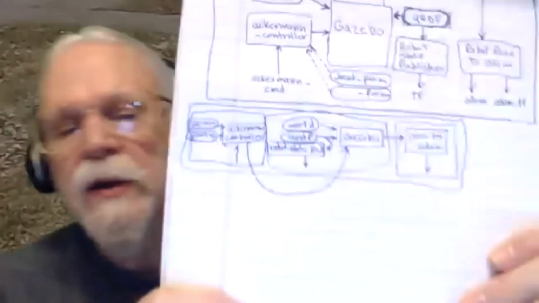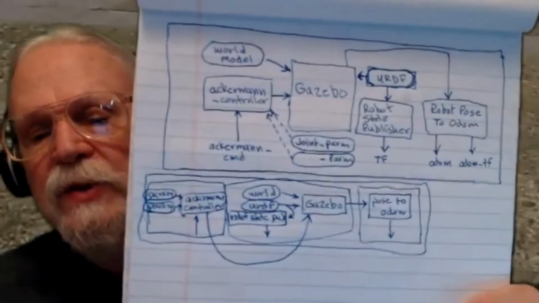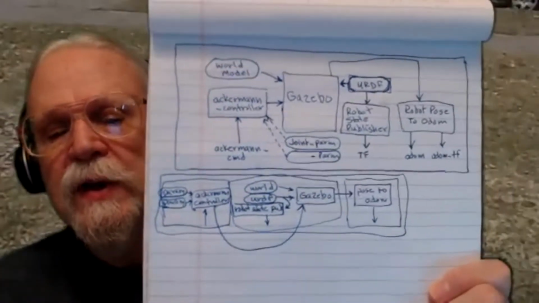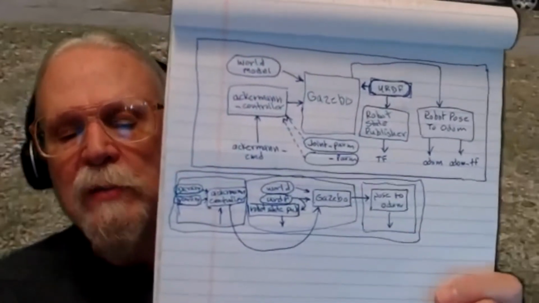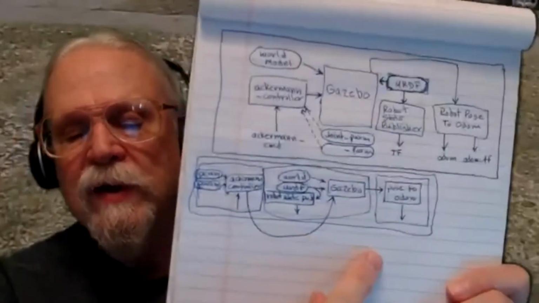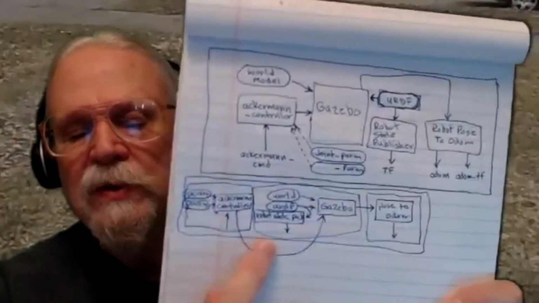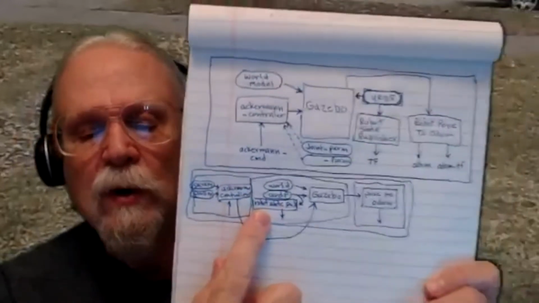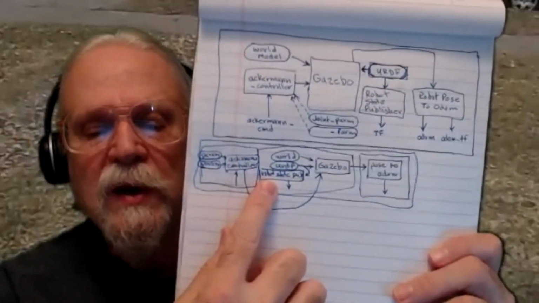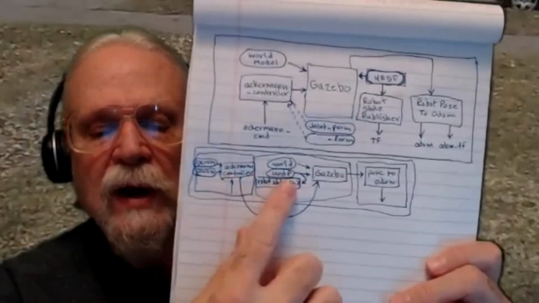Last week I was talking about diagrams, and I didn't actually make up diagrams other than a hacked up diagram I did. I was just simply saying, okay, in the Gazebo world, what stuff talks to that? The more I thought about it, you can break that up into multiple sections. The Gazebo itself, you feed in the world, and I wish I'd focus better. I can't even read that. World one. Anyway,